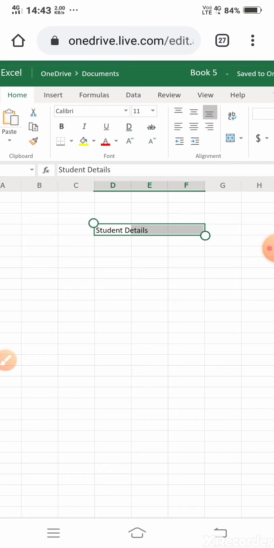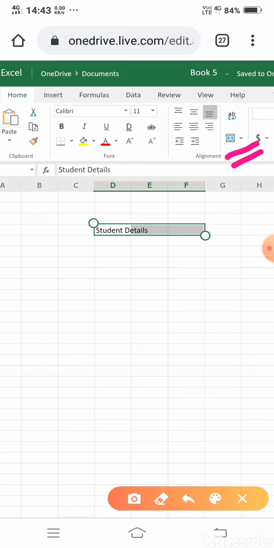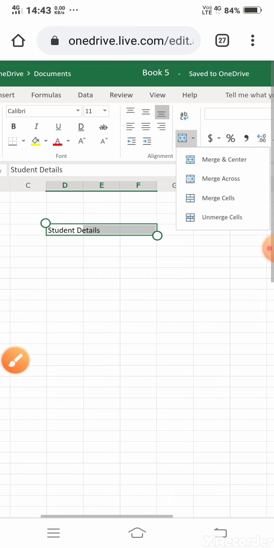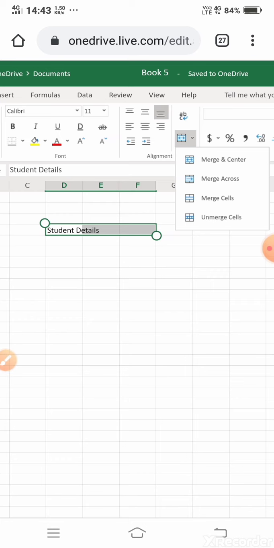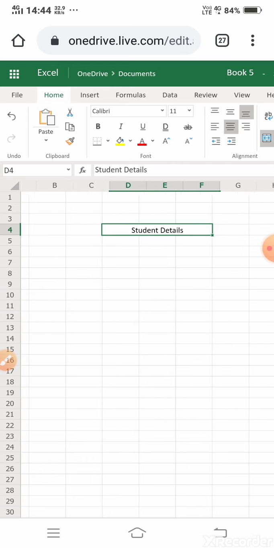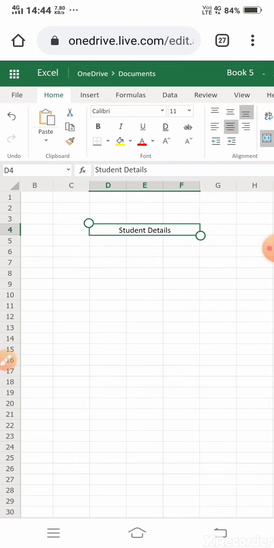I am selecting 3 cells, and then go to the merge option. After that you see the options: merge and center, merge across, merge cells and unmerge cells. I want merge and center. See, this text is now displayed in the center of the cells.